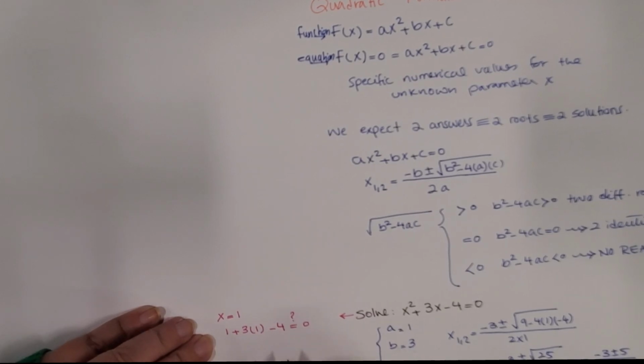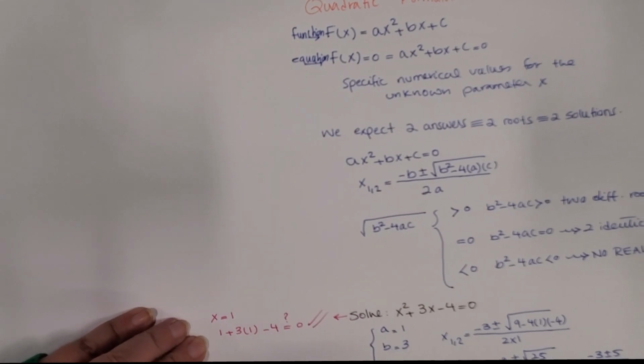So 1 plus 3 is 4. 4 minus 4 is 0. So that means yes, we've got the right answer. So let's try the other root. That's root number 1. Root number 2 is